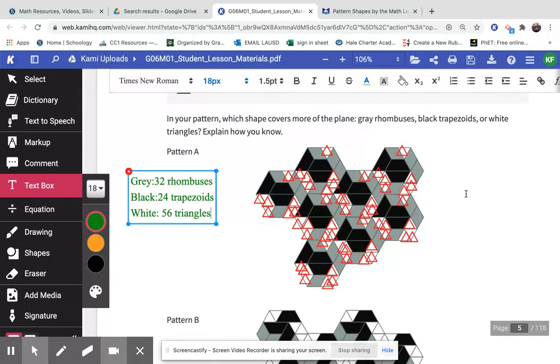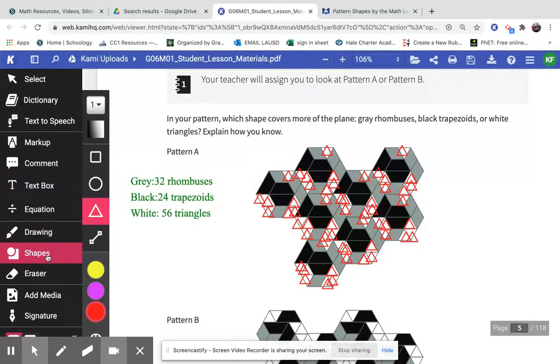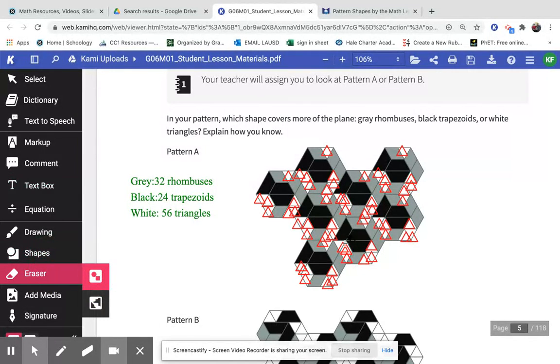And then it wants to know which one of these shapes covers more area, covers more of the